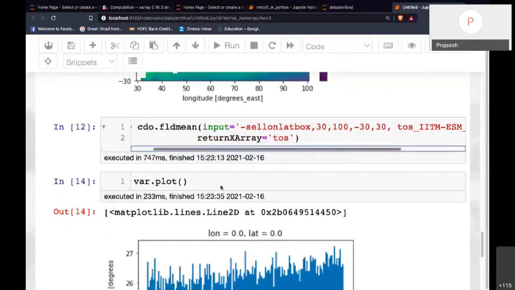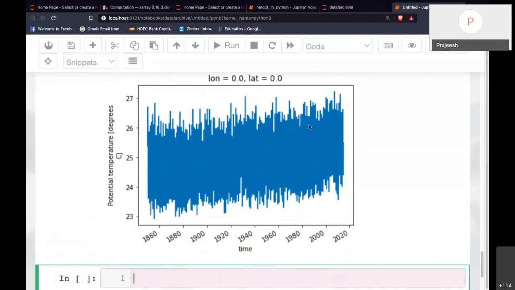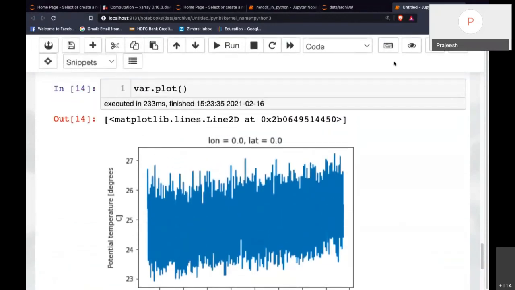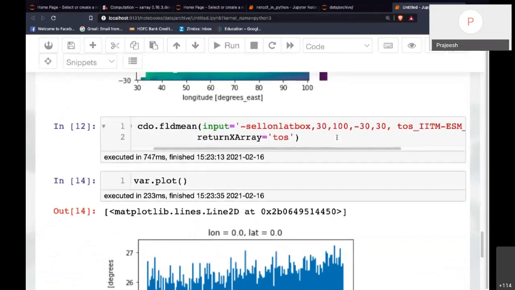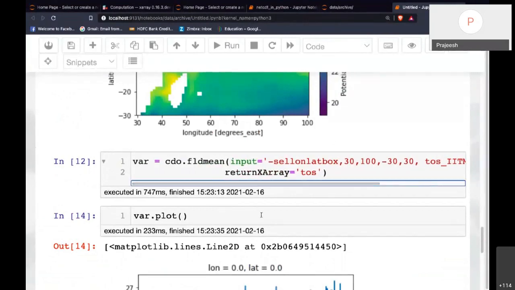These are the two tools by which you can do most of the operations. There is also NCO, a tool used for many NetCDF climate data operations, which is also available in Python. The Python wrapper for NCO is also available, so people who are interested can have a look at the NCO wrapper also.